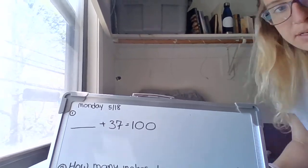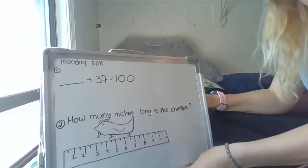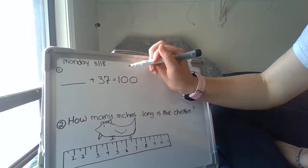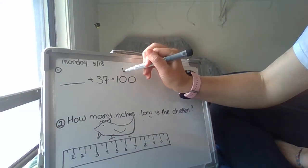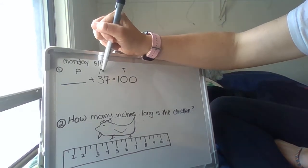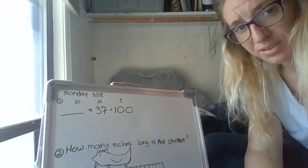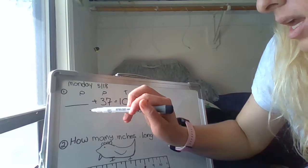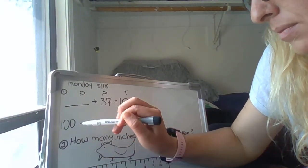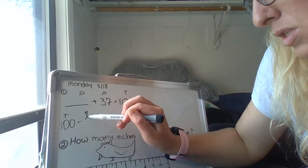So let's jump into solving here. So I can write and you can see super easily. Okay, so I'm going to go ahead and label my parts and my whole. I know it's an addition number sentence, so my whole, my total, is going to be on this side of the equal sign. So I'm missing a part, but I know one part, and I know the total. I'm going to start by rearranging this, because blank plus 37 equals 100 is kind of a tricky way to solve a problem. So I'm going to make it into a subtraction number sentence by writing 100, which is my total, minus the part I know, which is 37,